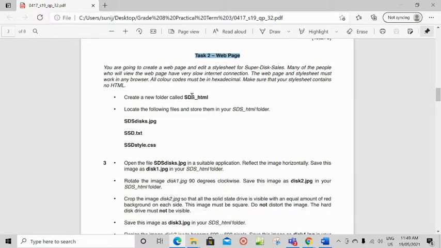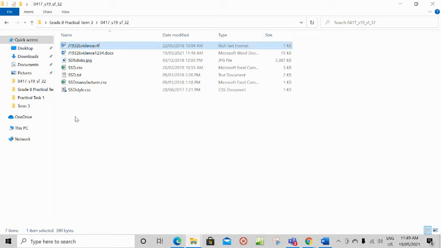Create a new folder sds underscore html. So we have to create a new folder sds underscore html, and you need to copy these three files: sds disk.jpg, ssd.txt, ssdstyle.css into that folder. So go to your supporting files folder.